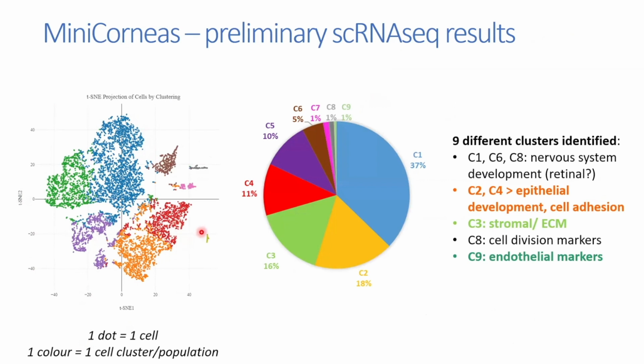So you see the different colors, these mean different clusters. What we also already saw, I won't bother you again with the percentages. This is just to see that we actually see quite a lot of different cell types or cell states. We already can tell from a very superficial analysis that I had time to do so far, that we have identified some very interesting and cornea-related cells. So for example, there are 2 clusters here in orange that are related to epithelial cells. We also see 1 cluster which is related to stroma, which I think is the green. And then we have others that I'm still looking into. So this is all going very well, I think.